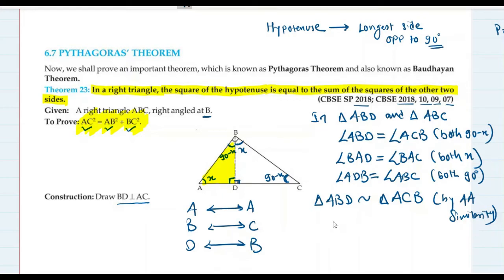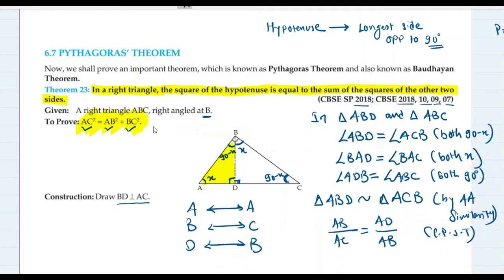Okay, now what we have to do is we have to make one CPST pair, that is pair of proportional sides. We have to find the ratio. So that will be AB upon AC is equal to AD upon AB, right? CPST. Now you must be wondering how did I come up with these sides, these names AB, AC, AD, AB? How?